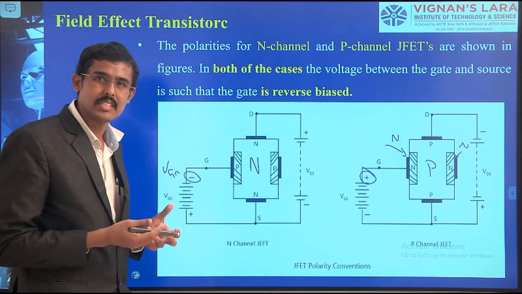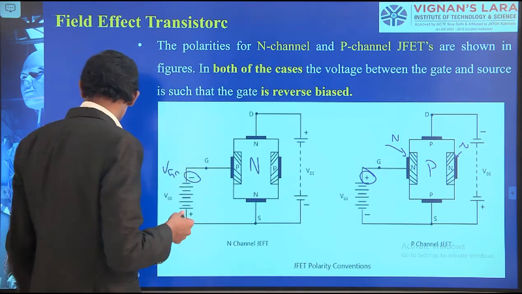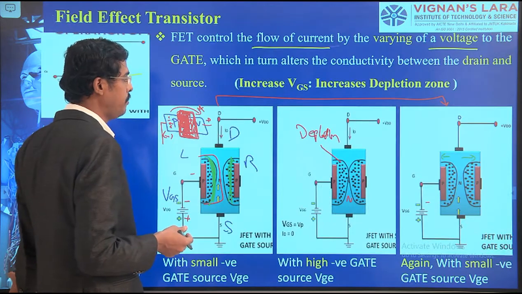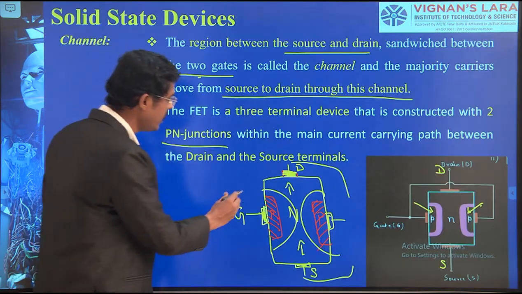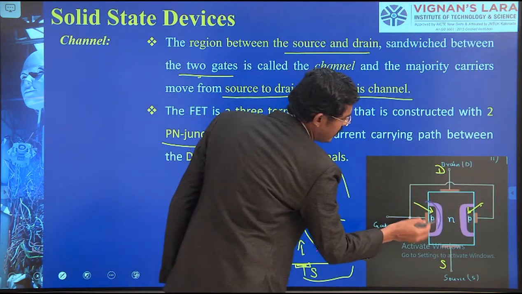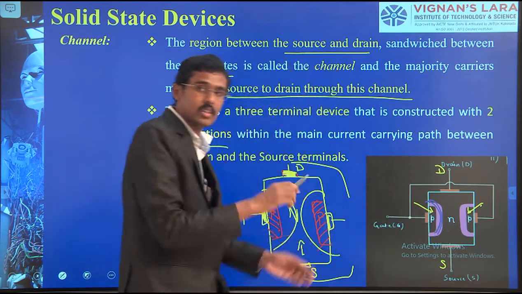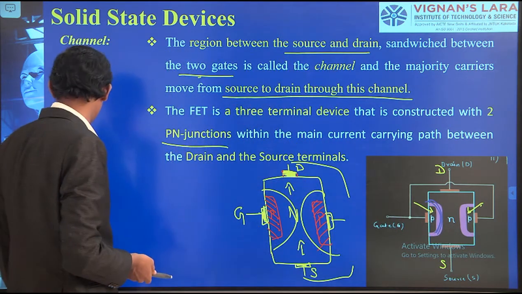Through which one does it happen? It happens through the electric field. It generates the electric field here. The depletion zone forms through the electric field. Therefore, it is called a